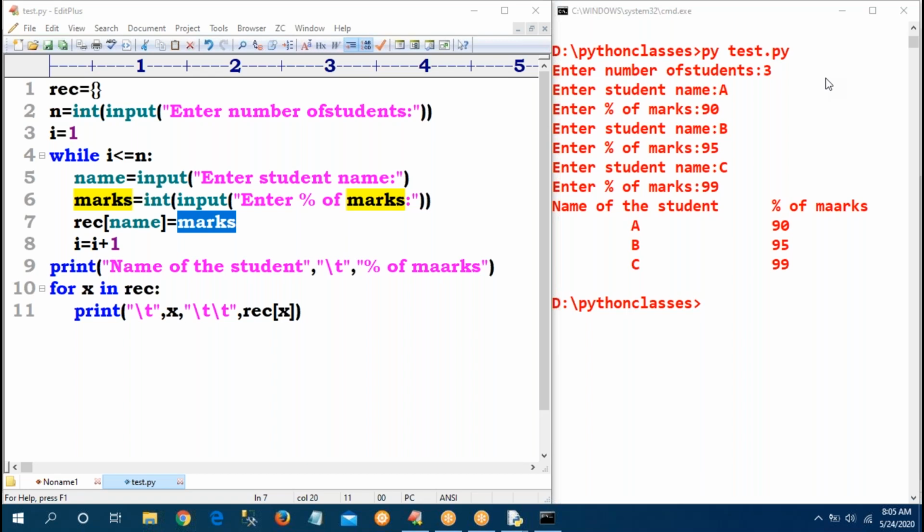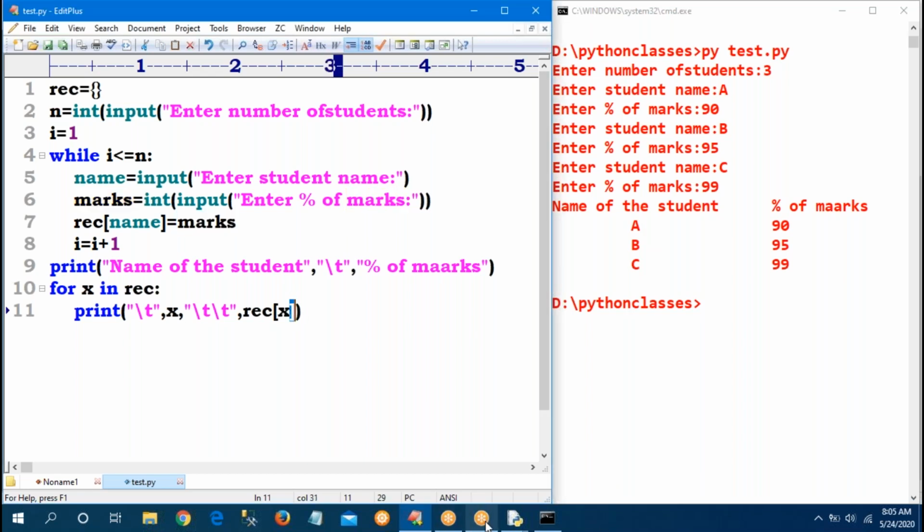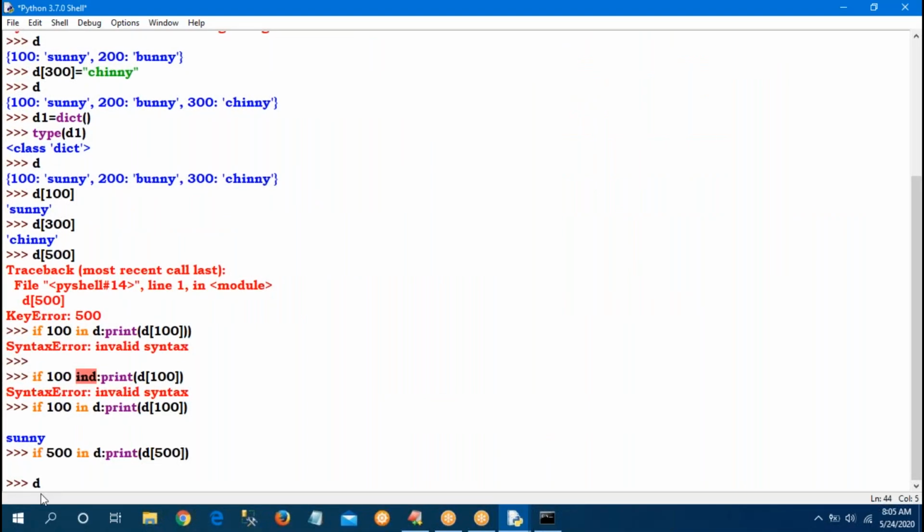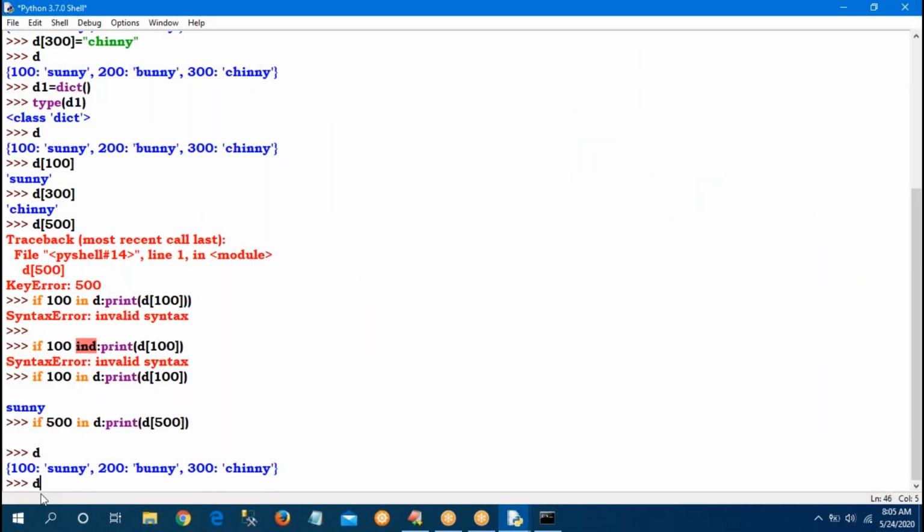X is nothing but a key. A you will get. X means A. REC of X means corresponding value. In the dictionary, key and values are there. X is nothing but a key. REC of X means value. Suppose you observe, I have given in the dictionary some values. D of 100, what is the meaning?